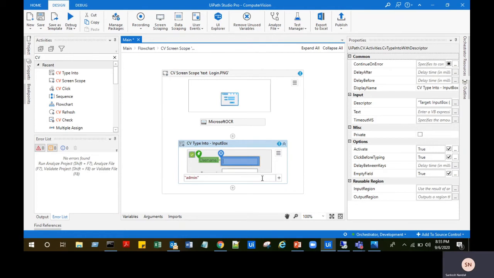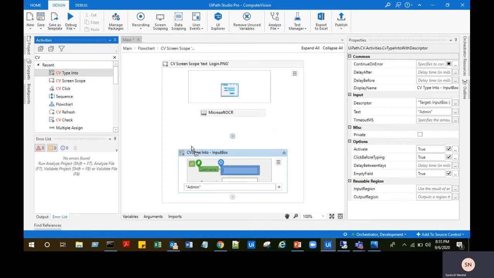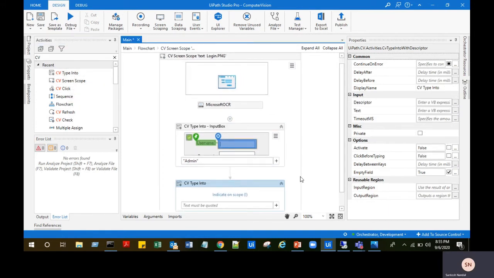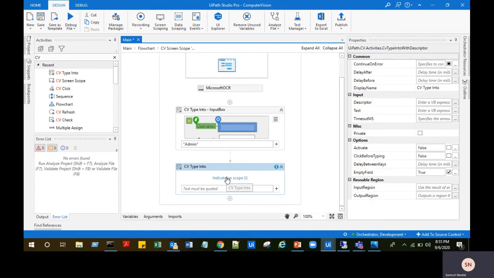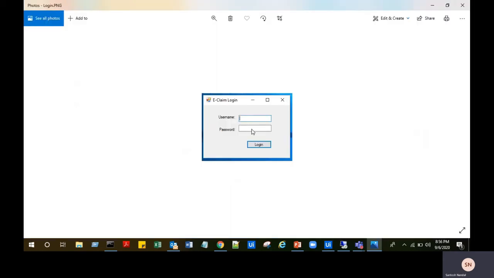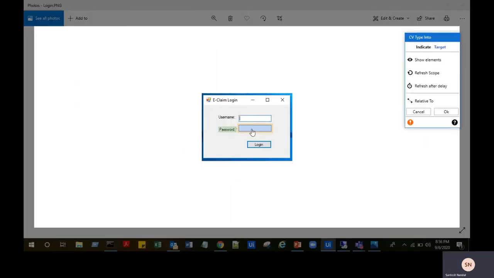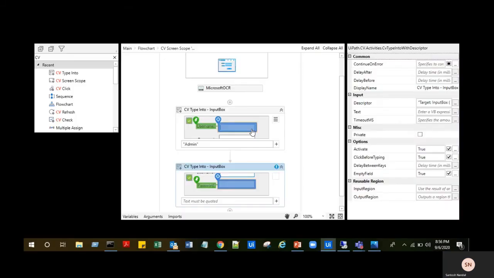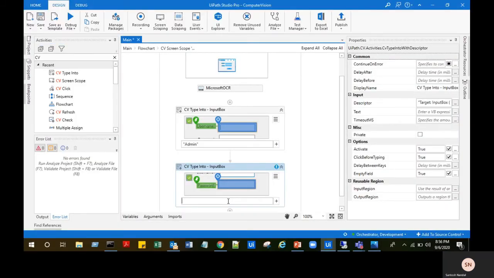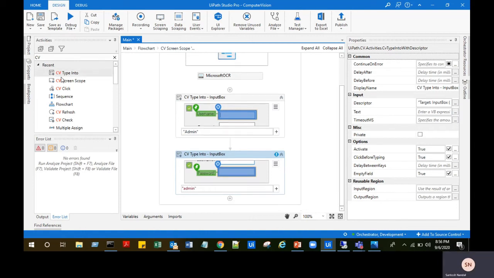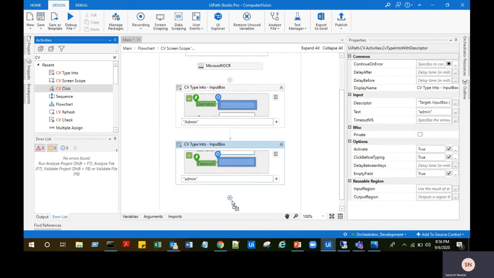Username as admin. Now for the password, I will use another Type Into activity. Indicate the password text box. Enter password, and then add the CV Click on the login button.